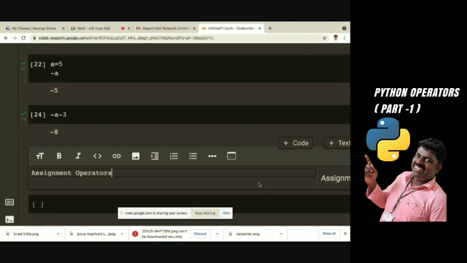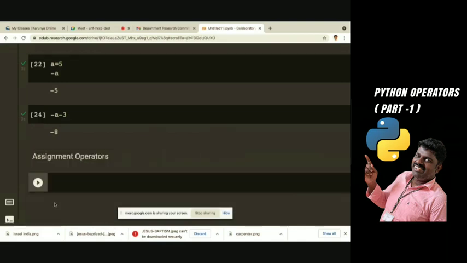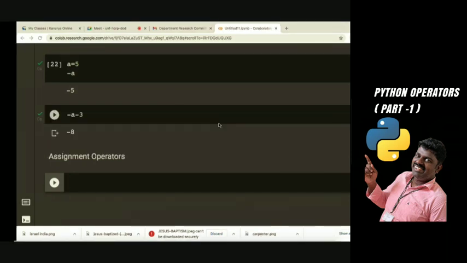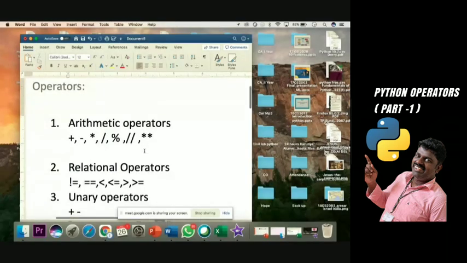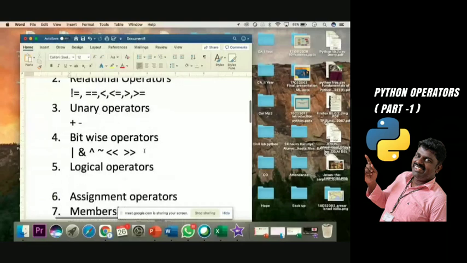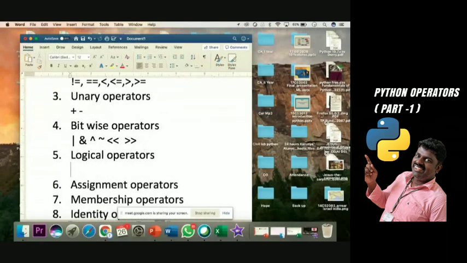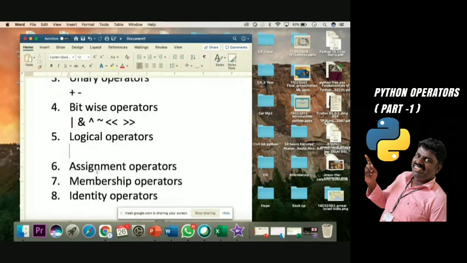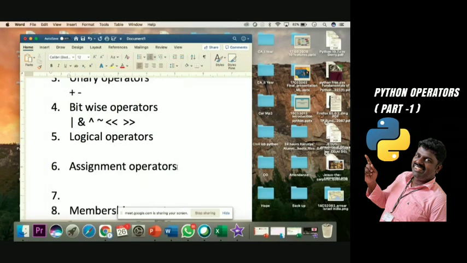Right. So what are the arithmetic operators? As I mentioned already. Now we will see assignment operator, and bitwise, logical, membership and identity we will see in the next class. So what is this assignment operator actually?